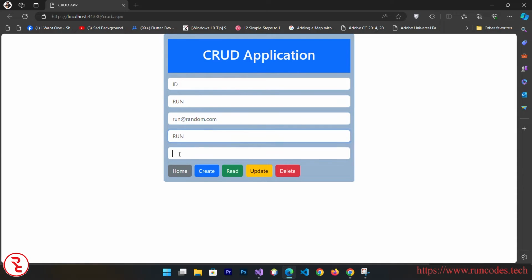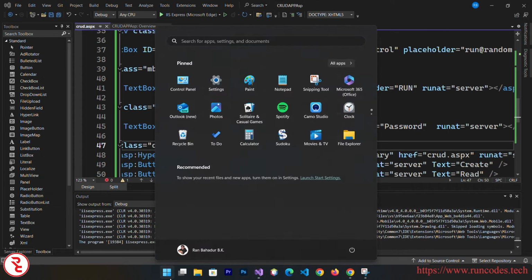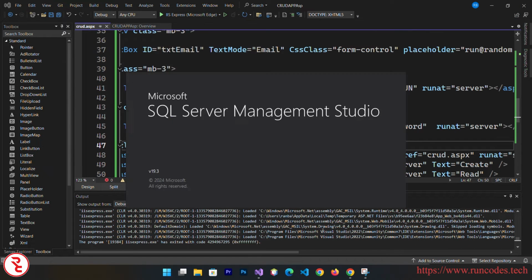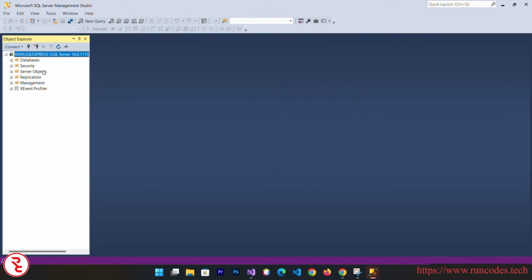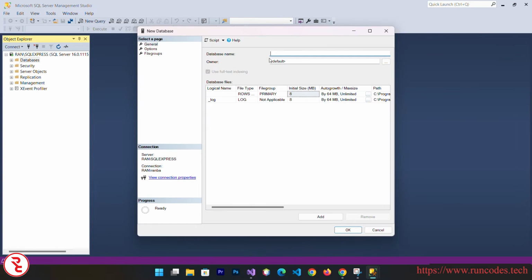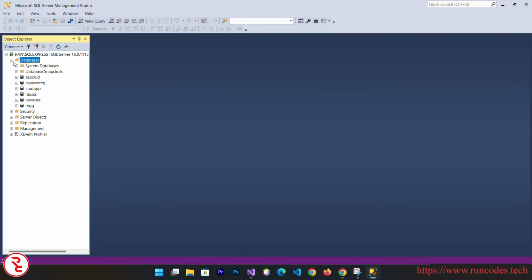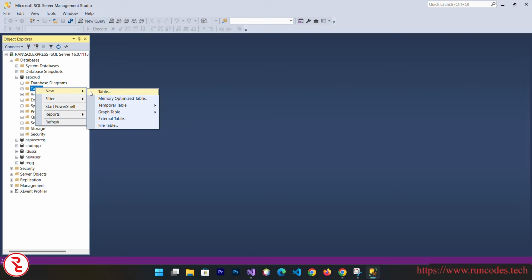Now what we need to do is, we need to design database, and we are going to create, read, update, and delete. So simply close this, open up SQL Server Management Studio, and we are going to design our database. Connect, right click over database, new database, and here goes ASP CRUD. Click OK. Expand that database directory and expand that recently created database, that is ASP CRUD, and right click over table, new table,